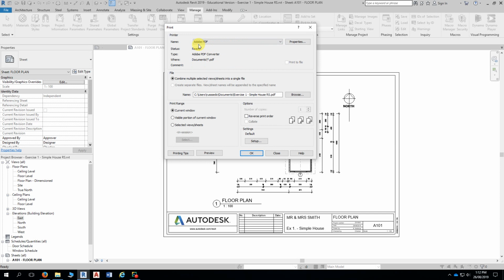It's not like Word and Excel that automatically converts to PDF. So if you're doing this at home, it's quite likely that you don't have the Adobe PDF converter, because to have it, you have to have Adobe Acrobat installed, and that's $40 a month,